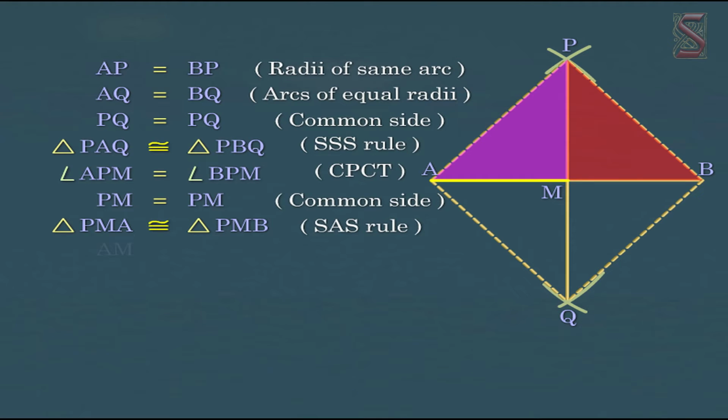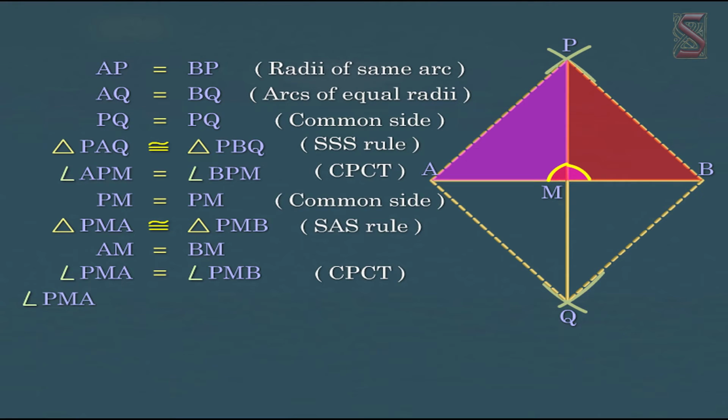Thus, we have AM equal to BM and angle PMA equal to angle PMB as they are congruent parts of congruent triangles. Angle PMA and angle PMB are a linear pair of angles and the sum of linear pair of angles is equal to 180 degrees. So we get angle PMA plus angle PMB